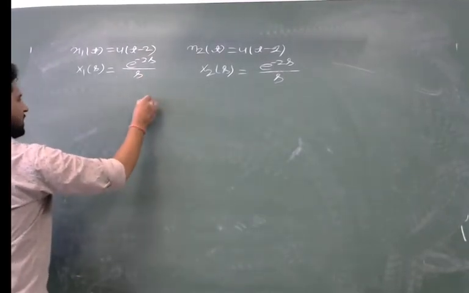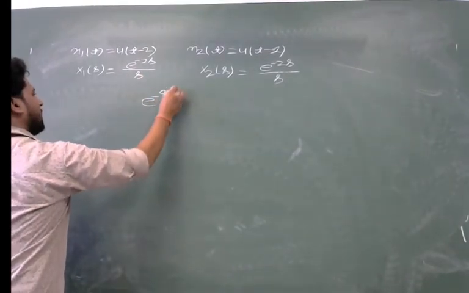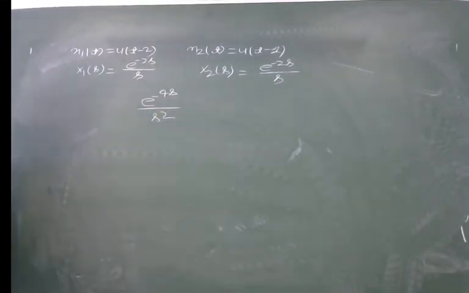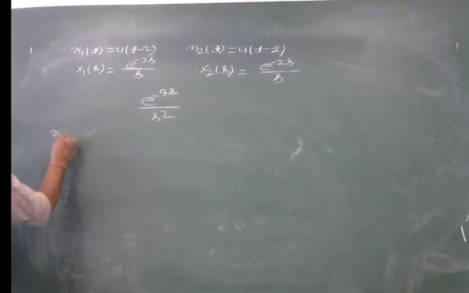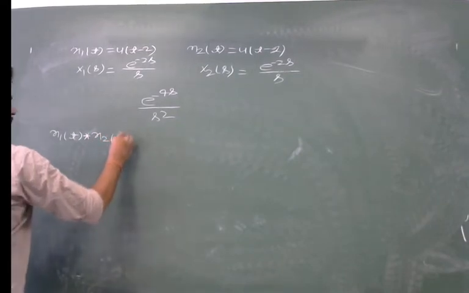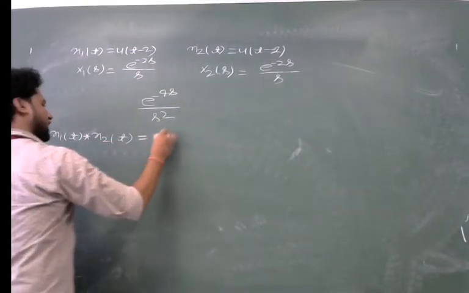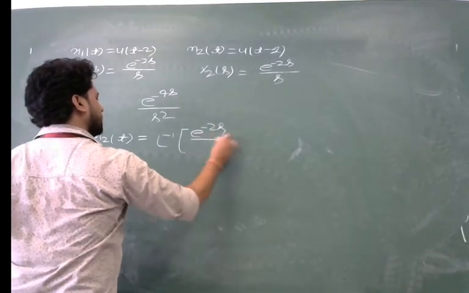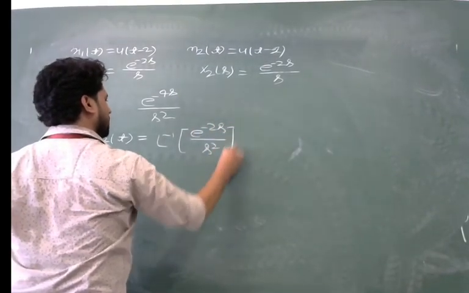Their multiplication will become e power minus 4s upon s square. To get the convolution of these two signals x1(t) and x2(t), simply we have to take the inverse Laplace transform of